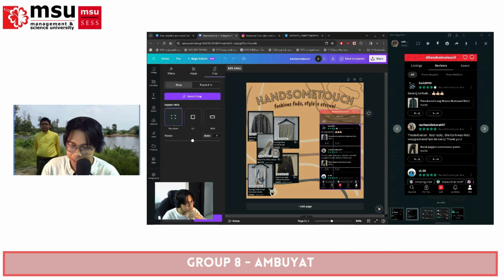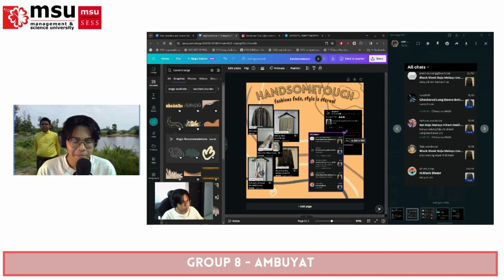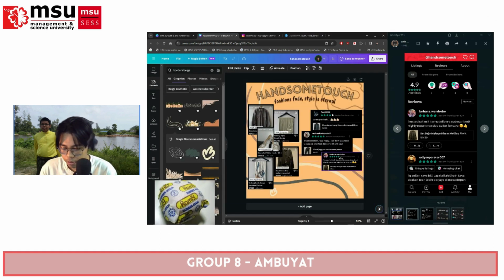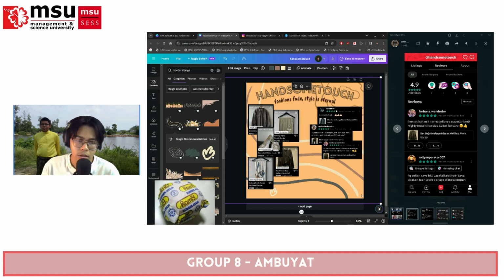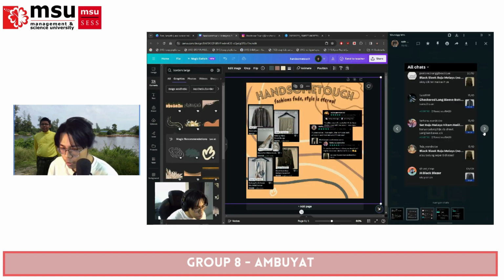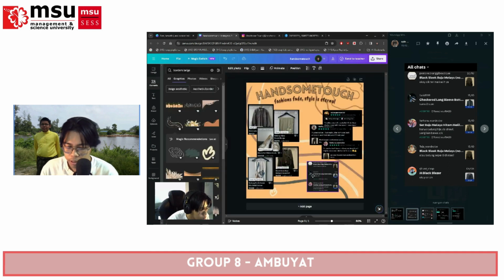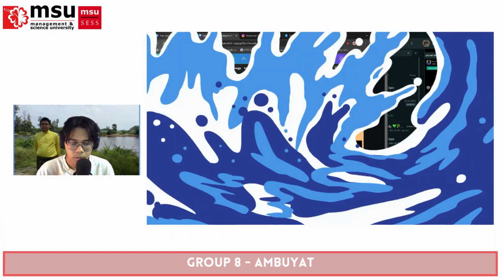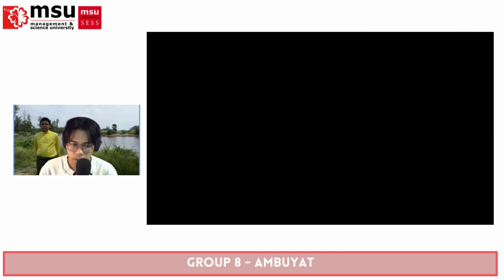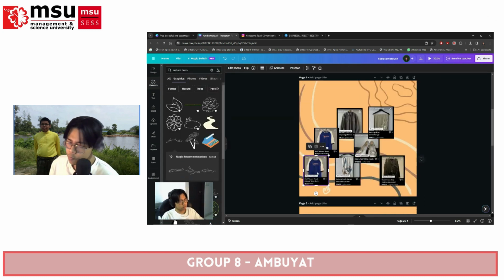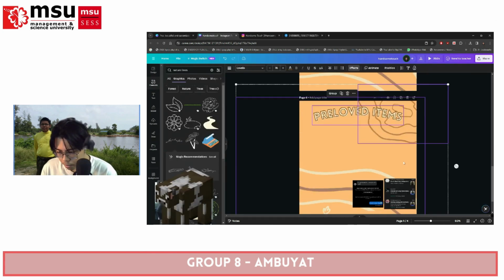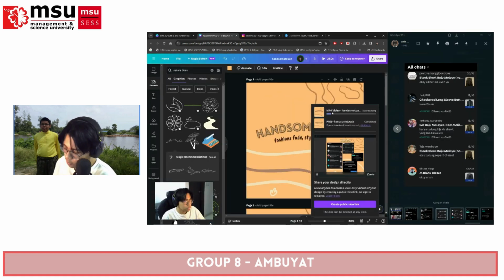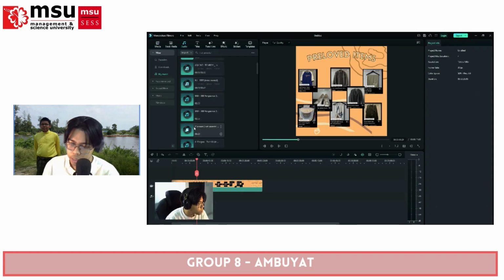Yeah, sorry. Okay. So basically I use Filmora, I use Canva Pro to edit the elements, and I also put the backgrounds and lower the opacity of the elements that I put, and also I crop each of the elements to match the aesthetic of the post. For the second one, is for Instagram. The yellow one is for Twitter. This for Instagram. For this one, I create a video using Canva, and I edit the video again using Filmora.